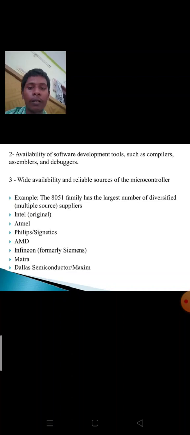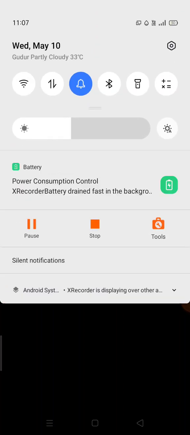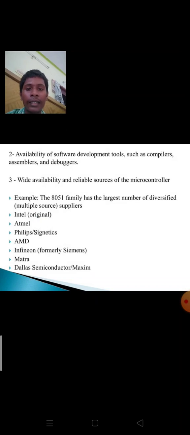Example: the 8051 family has the largest number of diversified multiple source suppliers: Intel original, Atmel, Philips, Signetics, AMD, Infineon, Siemens, Matra,